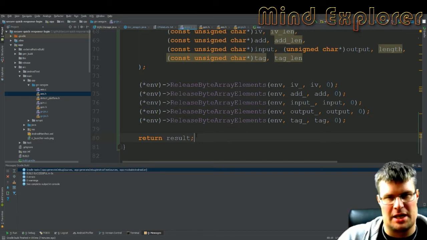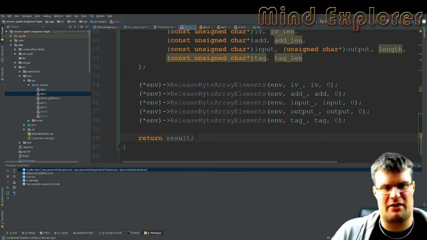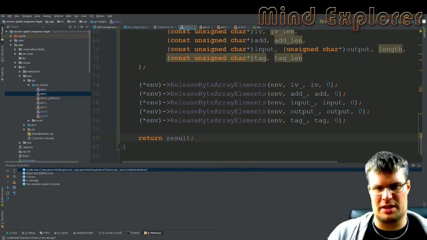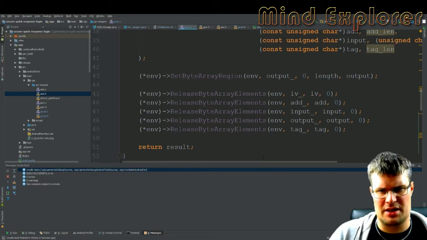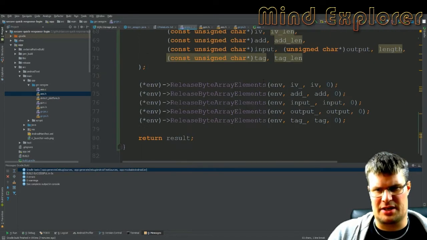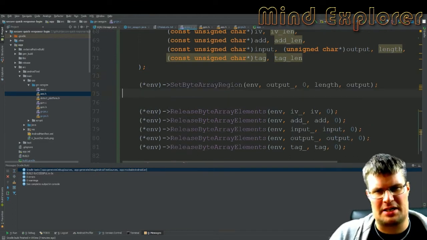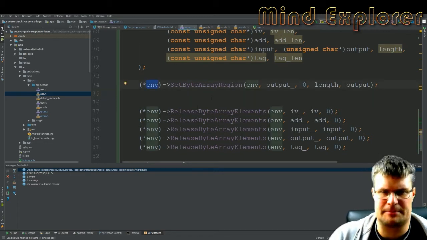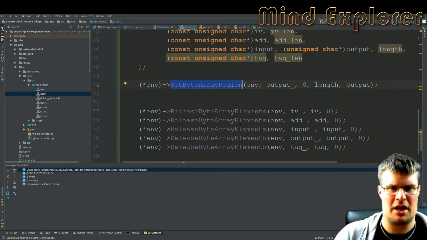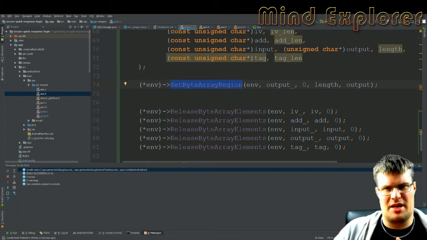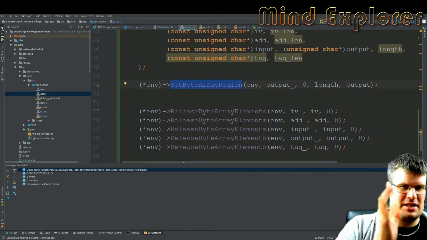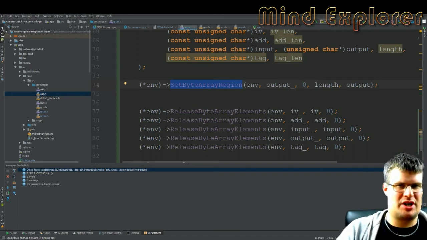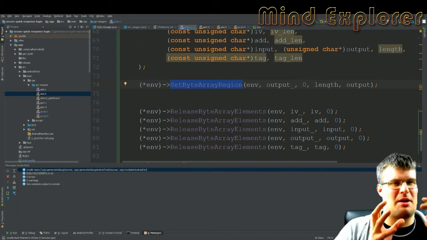So if the encryption fails, it will give me a hex code back that is hex 555555, and that's probably just so it's easier to distinguish from anything else. And then there is also another interesting function here called set byte array region that is also available on the environment. And this set byte array region will make it possible for me to set the data we are using in this function back to the actual region in my Java code,